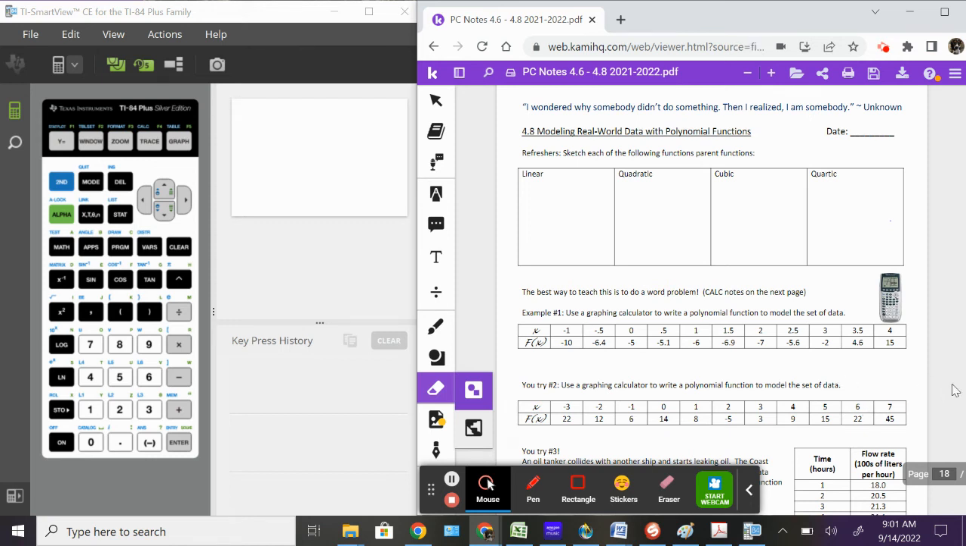Everybody. What we're going to be working on today is just something that we'll be doing in our calculator, and that is plotting points in a calculator and then determining the function that would best fit that data. So let's just remember that when we're dealing with a linear function,